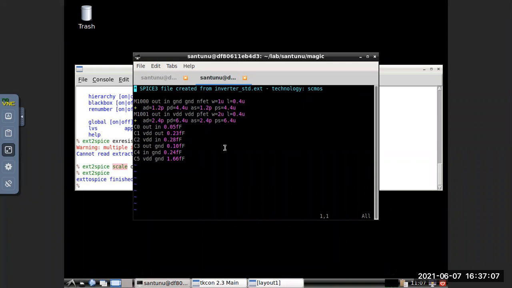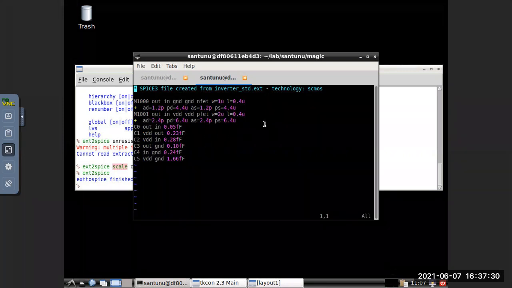Writing a netlist means you write the same thing, M0 out in ground, and instead of nfet you write the SCMOS n, with W equal to 1, L equal to 0.4, M equal to 1, and M2 similarly. Then you do the similar LVS.